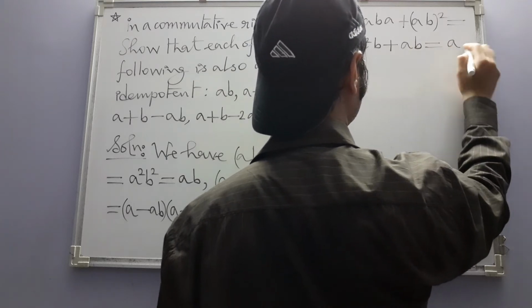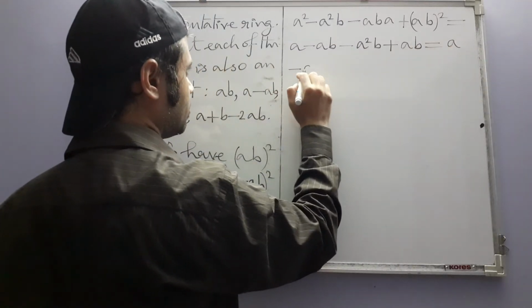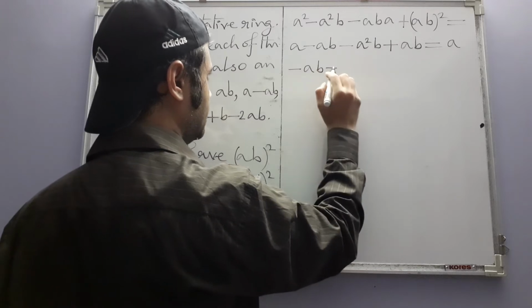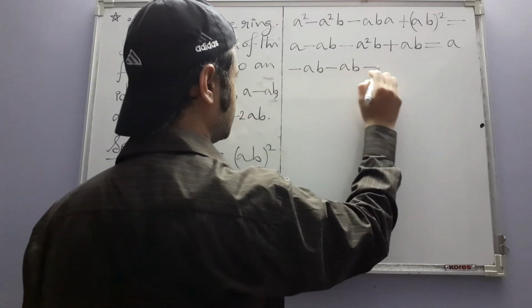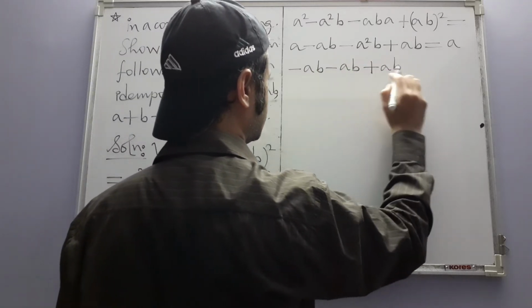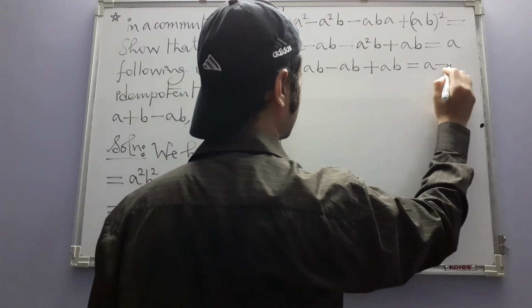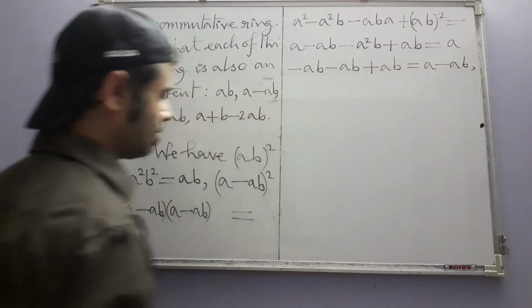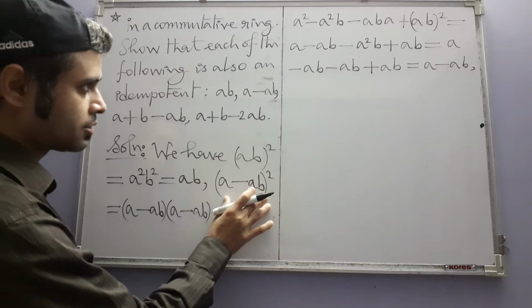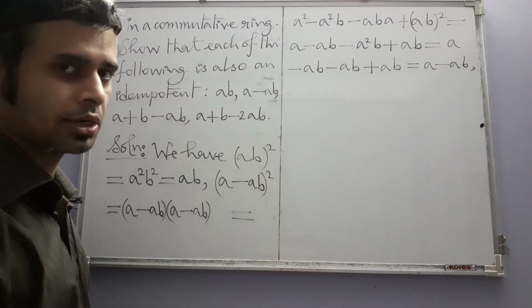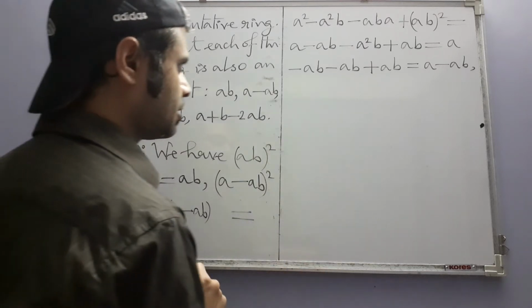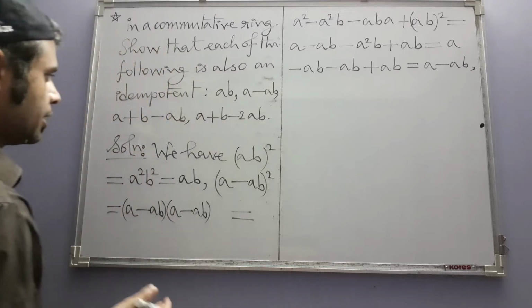So that gives us A minus AB minus, again use the fact that A is idempotent, and you get this. So ultimately we started with A minus AB and we are getting back A minus AB. So A minus AB is also idempotent. Next,